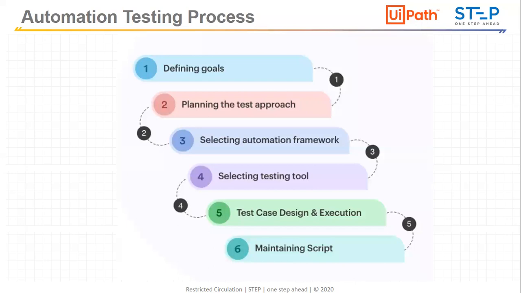So we need to choose our framework in automation testing, and then we will select a tool, which tool we will be using. In the case of RTA, robotic test automation, UiPath Test Suite is the best tool to use, because we don't need to code anything in it. It's just drag and drop, and you can use that functionality or do that testing. You can do API testing and functional testing just by using drag and drop. So selection of the tool is very important here.